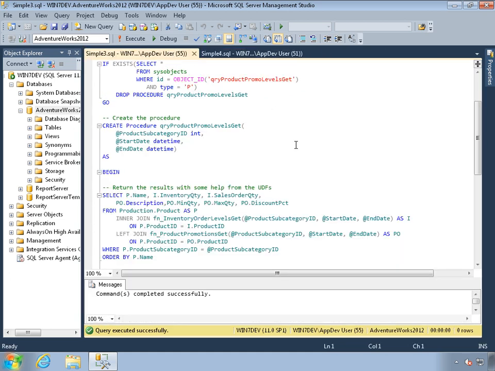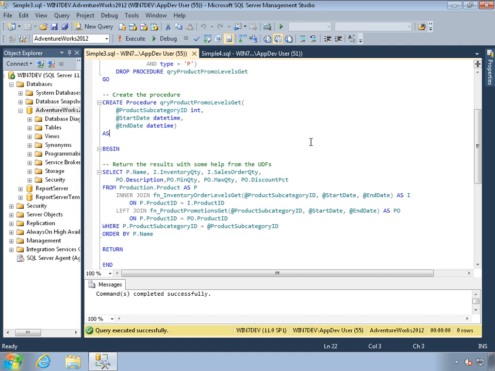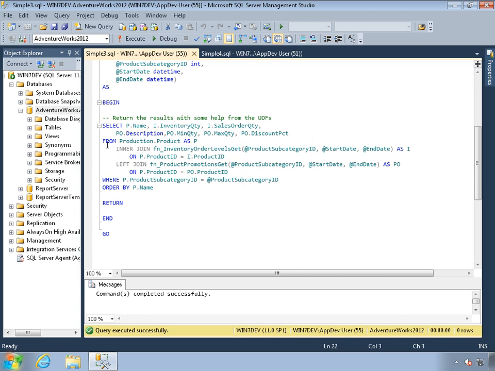So let me dismiss this guy here and this guy so we can create some room. And over here we have the third part of our example, which is to create a stored procedure, another reusable piece of functionality that is going to use both of those functions to generate the results that we need. Again, this is all based on the subcategory that we're interested in and the date range. So this now becomes rather straightforward. What we're doing is we're just going to return a set of rows